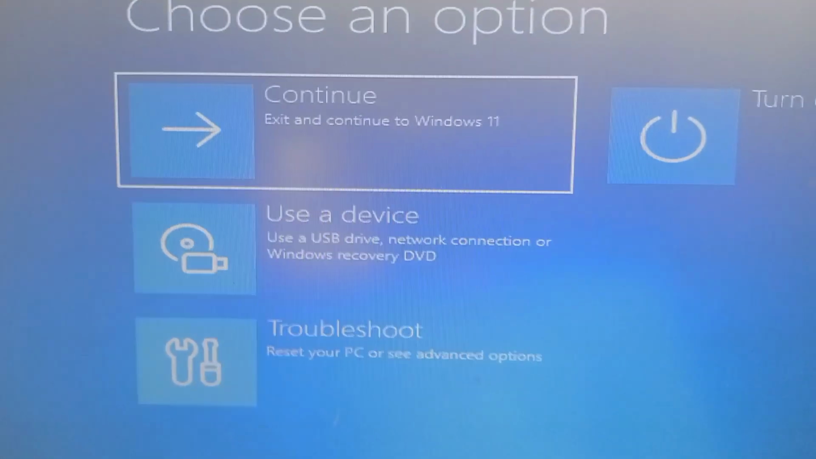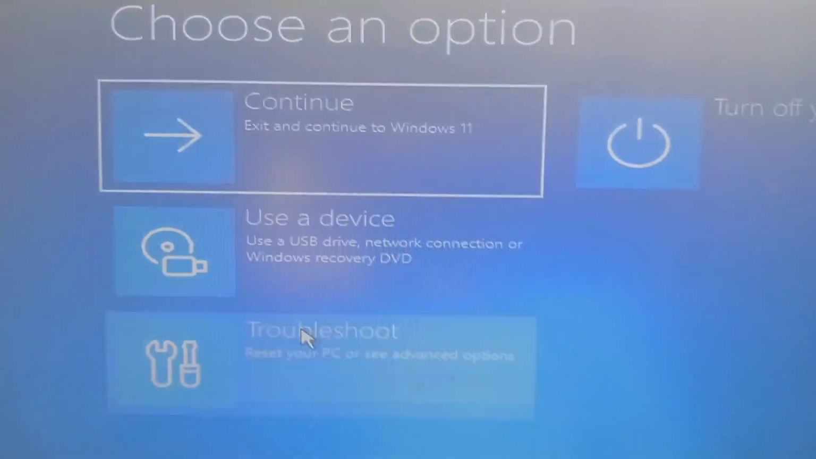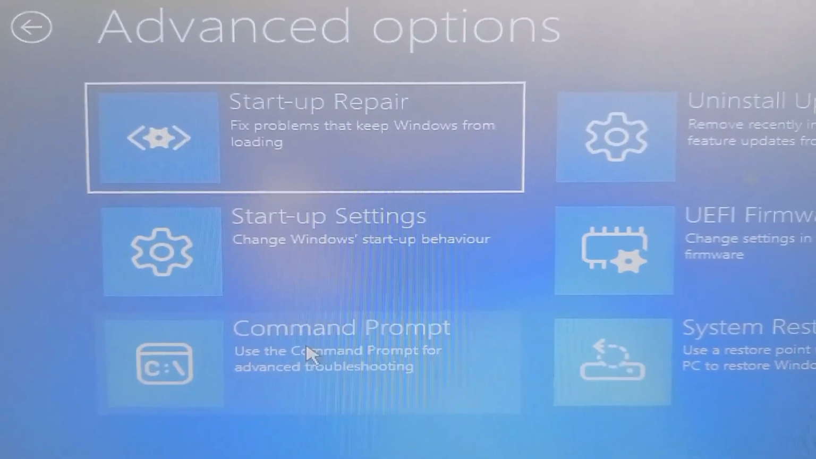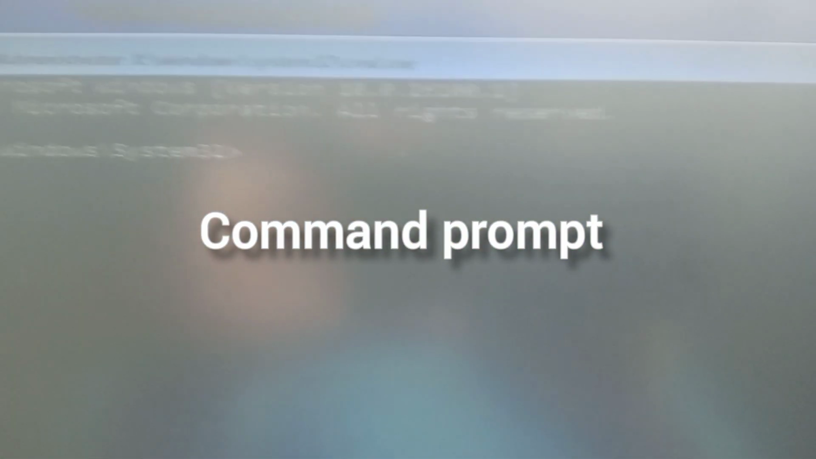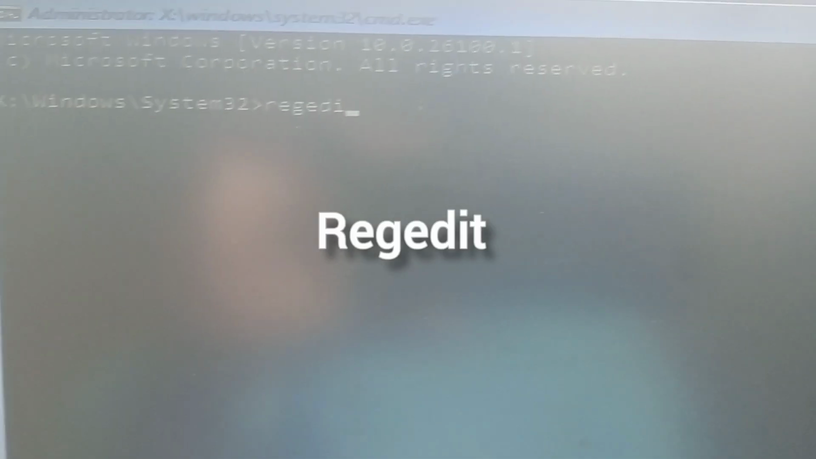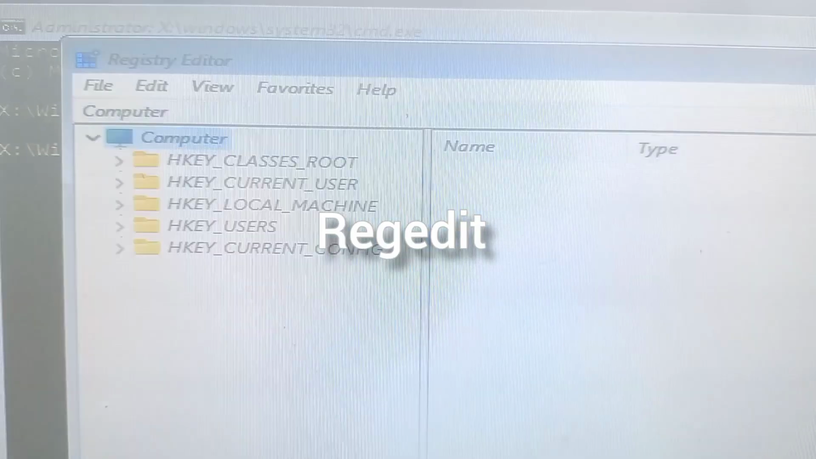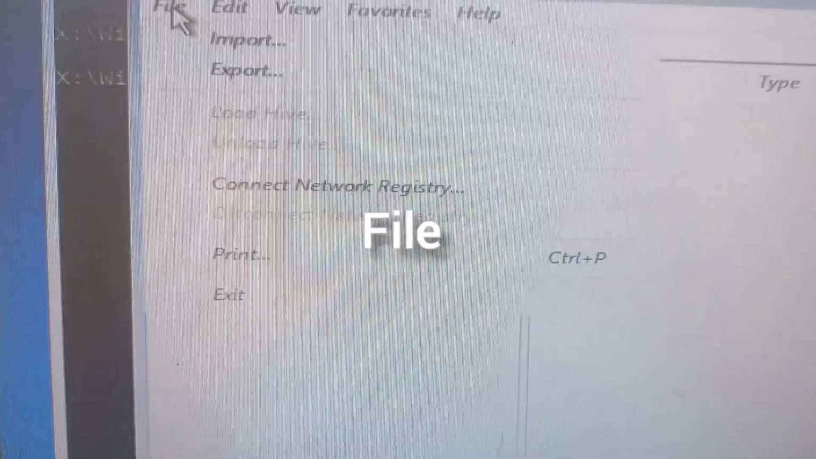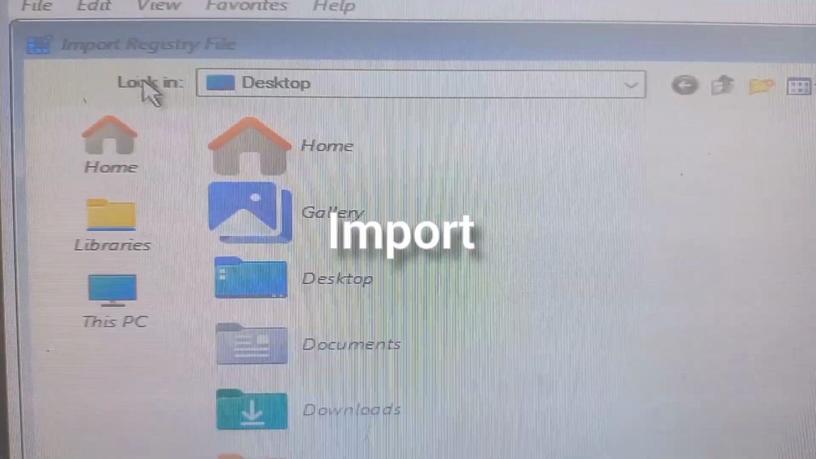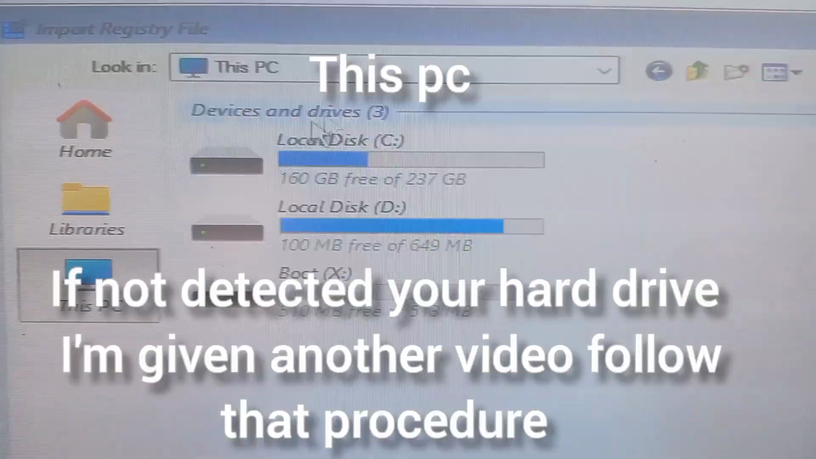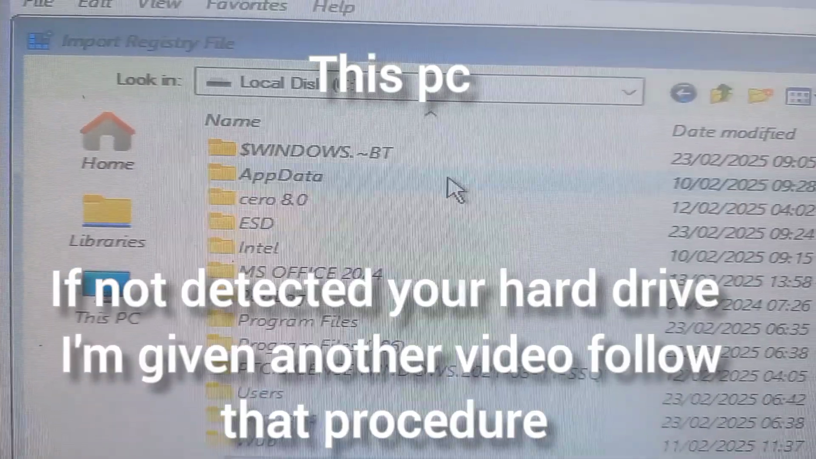Okay, just go to troubleshoot, then advanced options, command prompt, type regedit, enter, then File, Import, just click and select it. When you go to This PC, if it does not come up and your drive is empty,